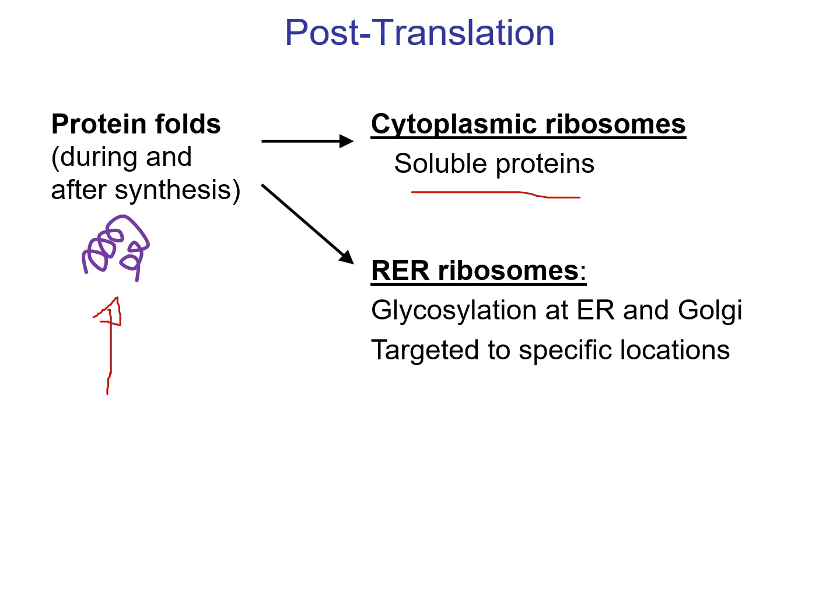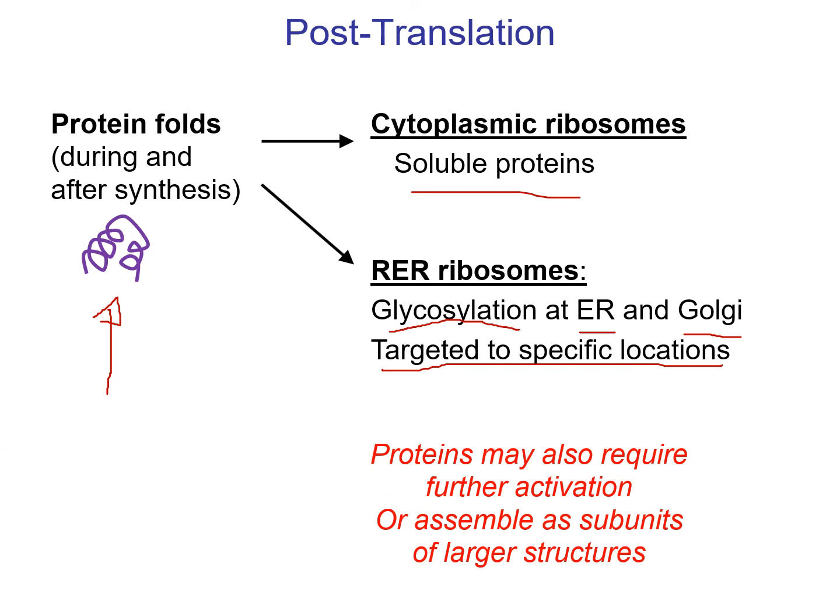Other proteins are made at the rough endoplasmic reticulum. So these are made by what we call bound ribosomes. They may also get glycosylated. That means we're adding a carbohydrate, and that can happen both at the ER and the Golgi apparatus. These proteins here are usually targeted to specific locations in the endomembrane system. So they might go back to the nuclear membrane, they might go to a lysosome, they might go to the plasma membrane. Last thing to keep in mind is that many proteins